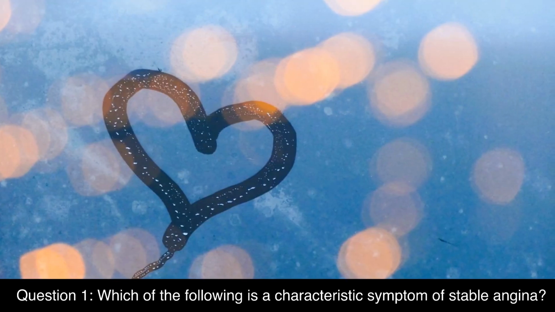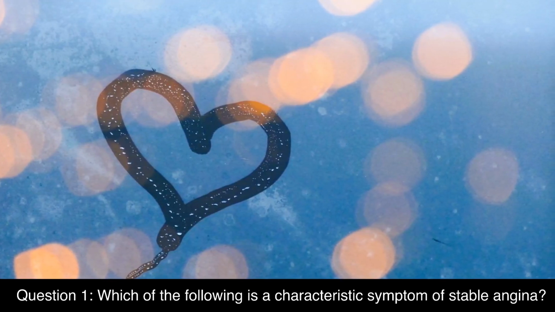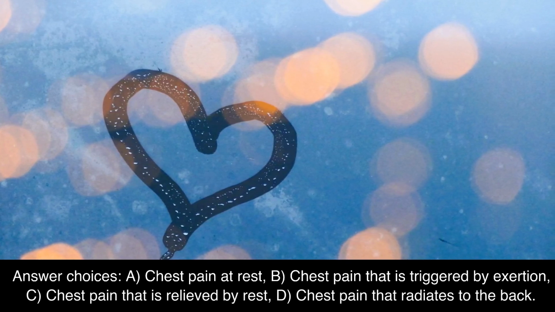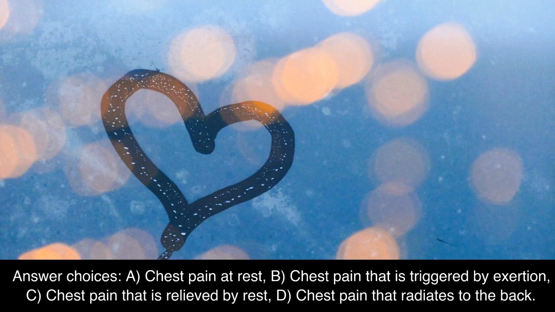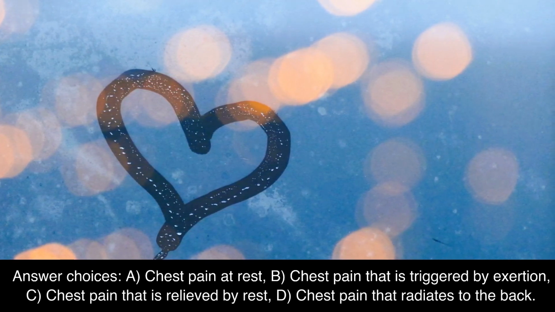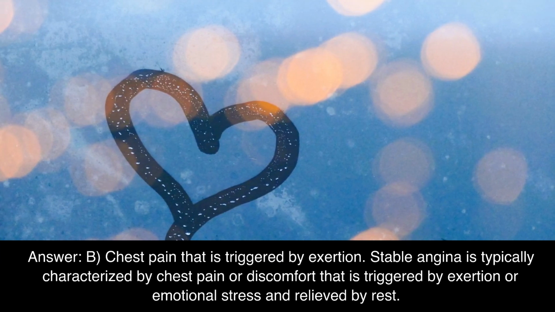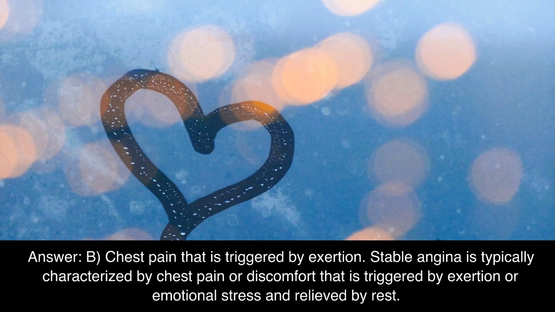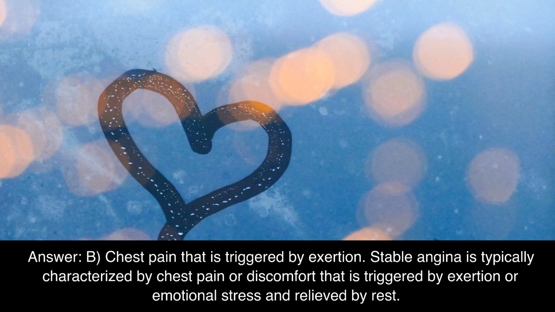Question 1. Which of the following is a characteristic symptom of stable angina? Answer choices. A. Chest pain at rest. B. Chest pain that is triggered by exertion. C. Chest pain that is relieved by rest. D. Chest pain that radiates to the back. Answer. B. Chest pain that is triggered by exertion. Stable angina is typically characterized by chest pain or discomfort that is triggered by exertion or emotional stress and relieved